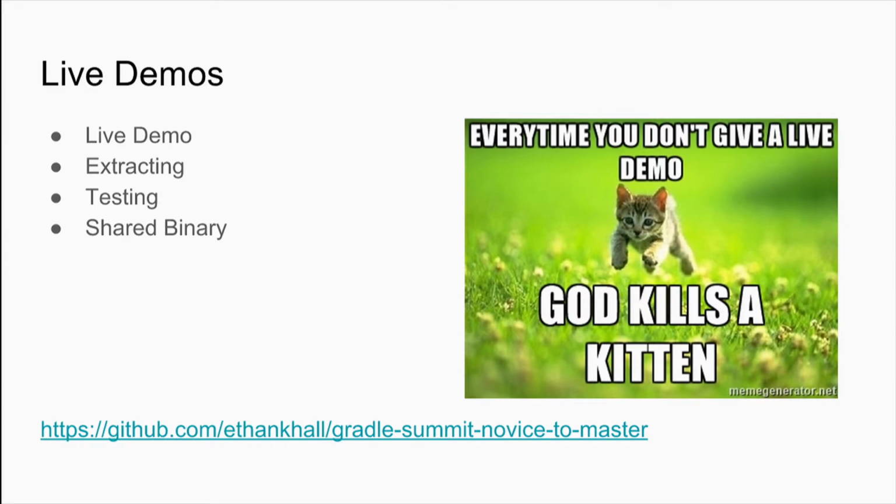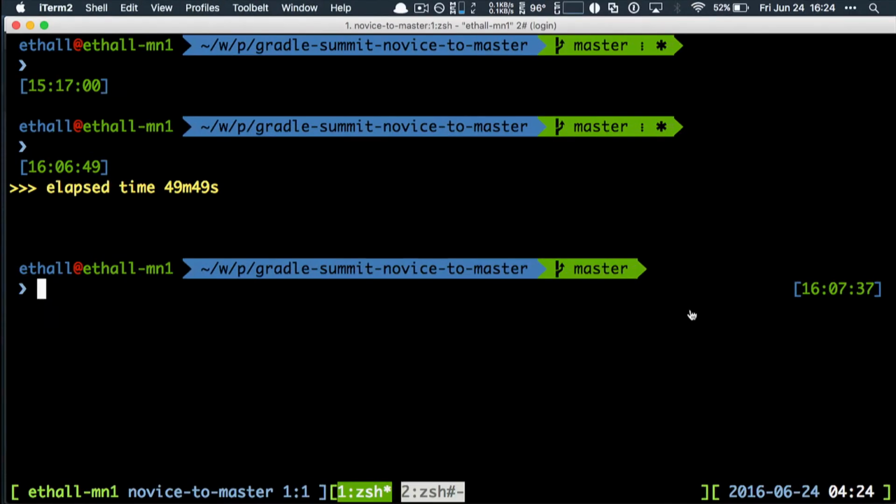The Git repo down at the bottom has the code I'm working off of, so you can feel free to clone it if you want to try along at home later. It has a Vagrant image that has Artifactory pre-running, so if you just start your Vagrant image, you'll get Artifactory running, and it has the ports already listed in it and the IP addresses, so you don't have to configure that for you, so helpful. There's also some cheat sheets if you have some questions about some things we're going to do. So without further ado.